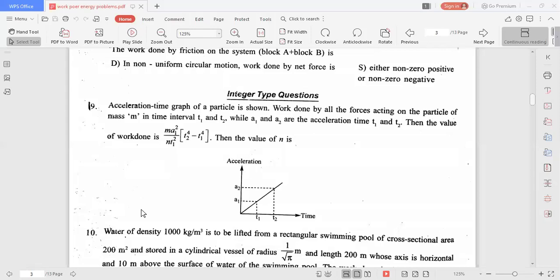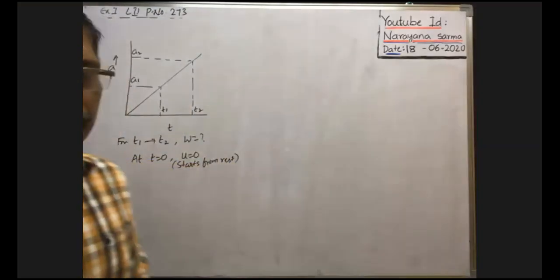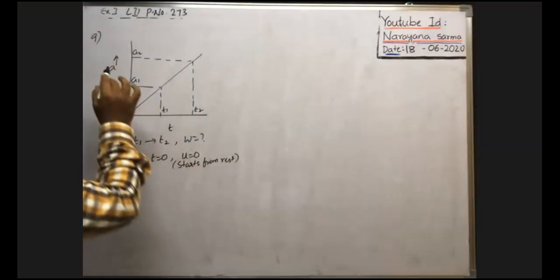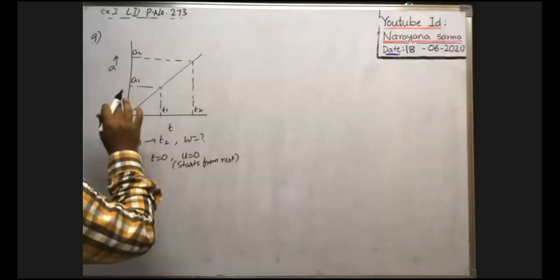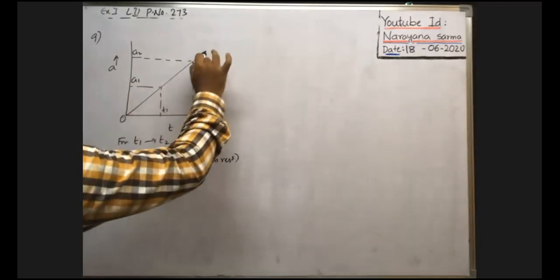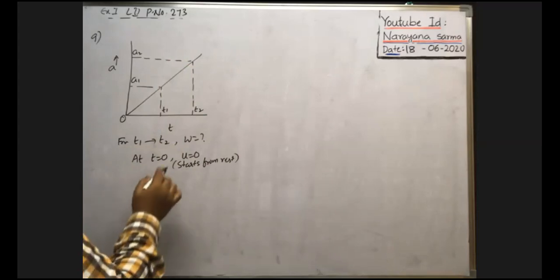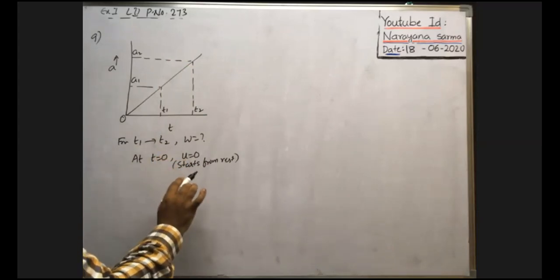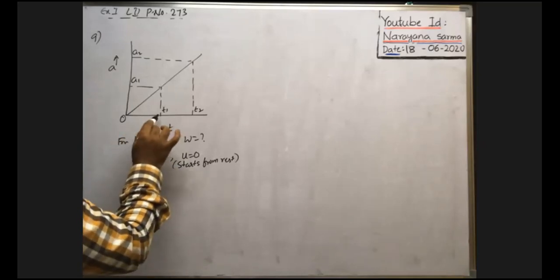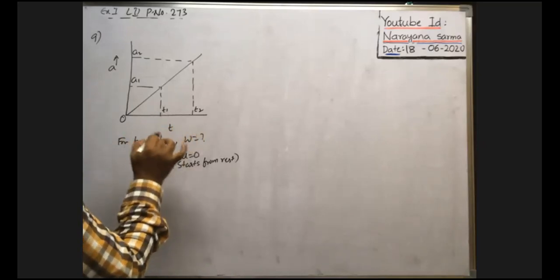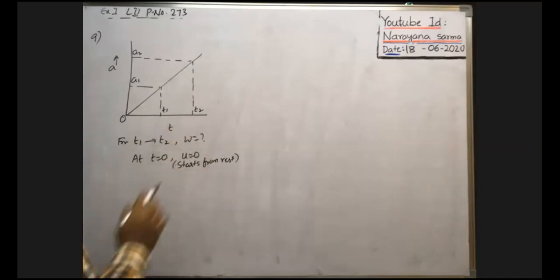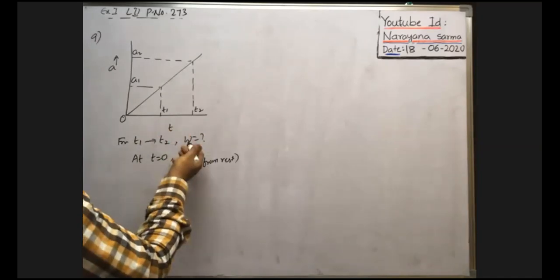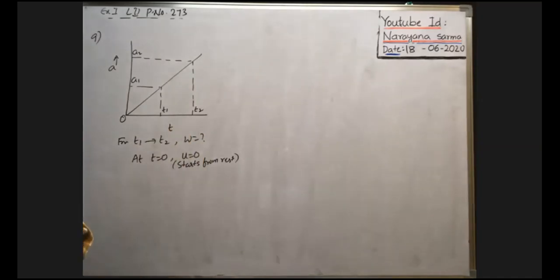Okay. So here we have to find the work done between the time interval from t1 to t2. All of you look at the board. Here you see the acceleration of a body varies with time according to the graph like this. It is a straight line passing through origin. Body starts from rest, that means at t equal to 0, velocity of the body is equal to 0. Now in time interval from t1 to t2, what is the work done on the body by all the forces, or by net force? Of course we have to find the net work done.